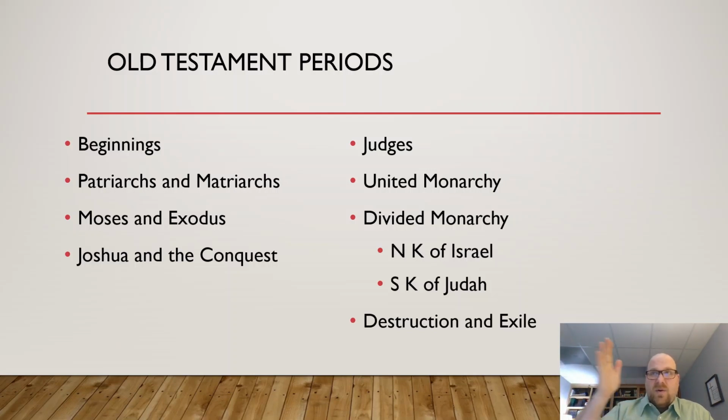So we know the order of the periods. When were they in relation to us? And also it helps just put a scaffolding around all of this stuff in our minds. So here are some key Old Testament dates. Destruction and exile, return from exile. Right. Here we go. Next slide.